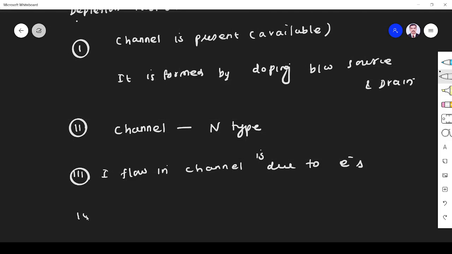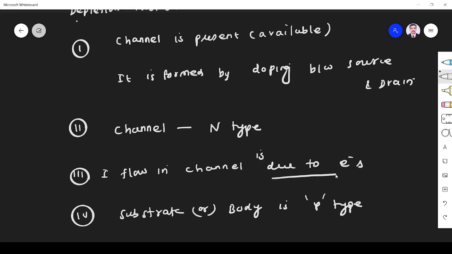For an N channel MOSFET, the substrate or body is P type. We know the substrate provides support to the MOSFET structure, so the body is P type here. These are all the points we have to remember whenever we are working with the